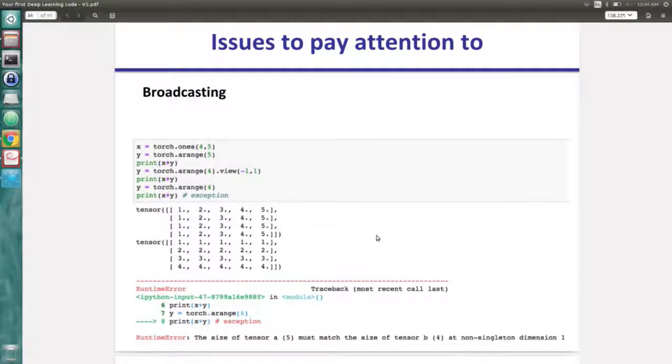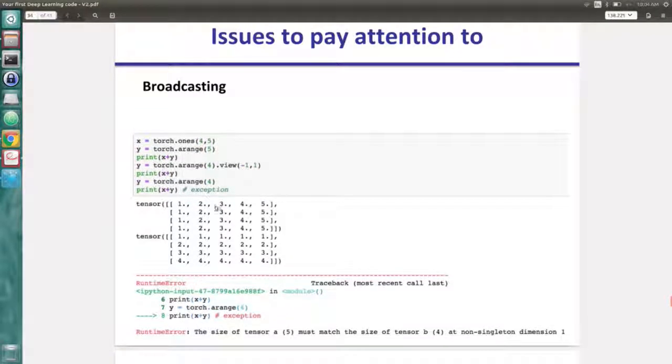Here you see, if I try to add something of the shape of one line of X, it works. If I try something of the shape of one column, it won't work. But if I reshape it so that it's of dimension